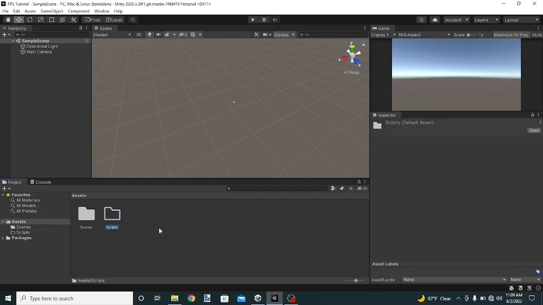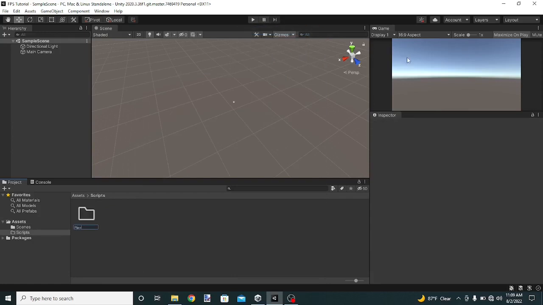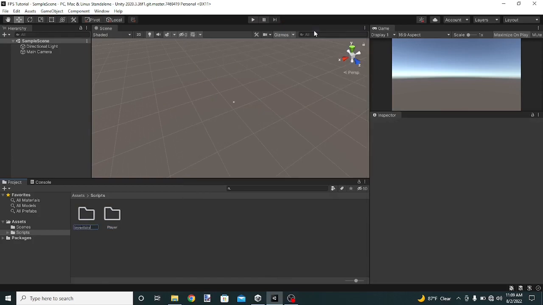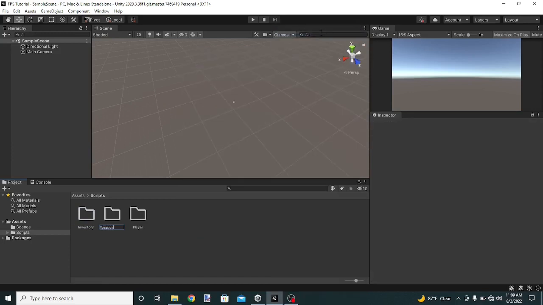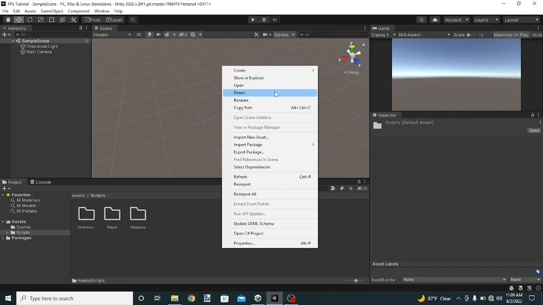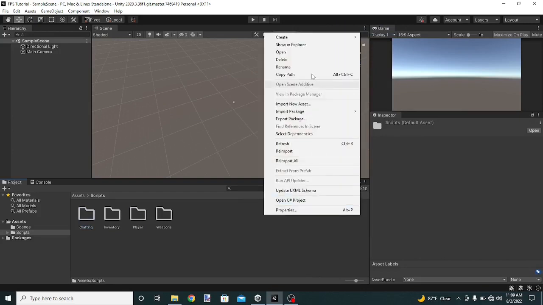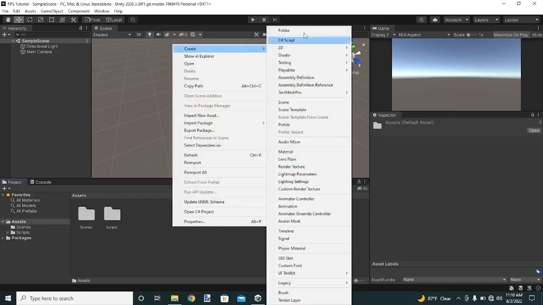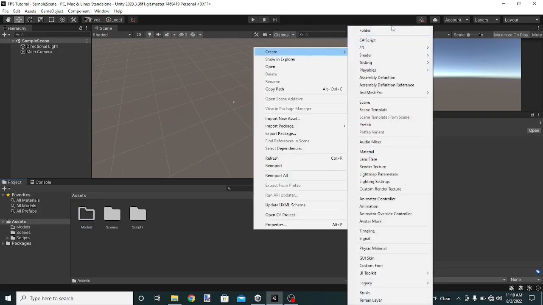So we're gonna create one for scripts. Inside of it, let's create a folder for player, create a folder for inventory, create another folder for weapons, and another folder for crafting, and the last folder over here is going to be for building. Let's go back to assets, create a new folder. We're going to call it models, create another one called sounds,